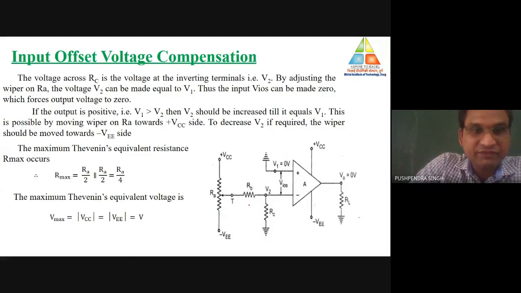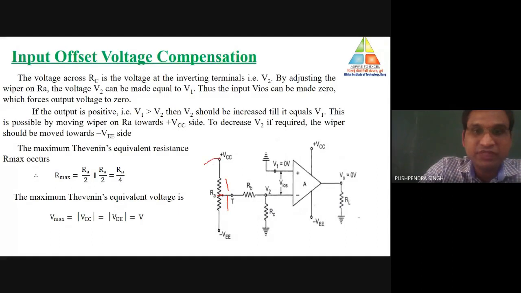Where we are getting the maximum value of resistance, this is the calculation part. How much maximum voltage we may get is equal to the supply voltage. So the maximum resistance is Rmax. Rmax is at half of this resistance Ra. At the center we are getting the maximum resistance. So this part is Ra by 2, this part is also Ra by 2.